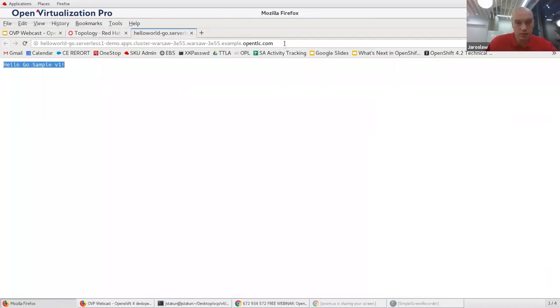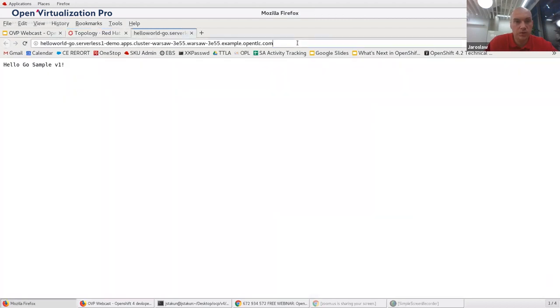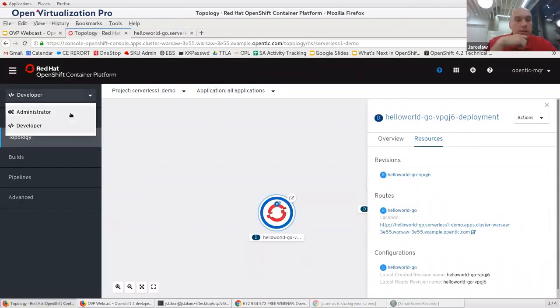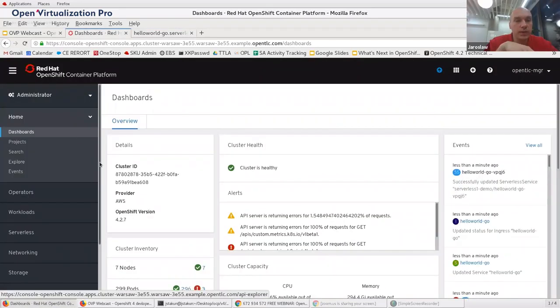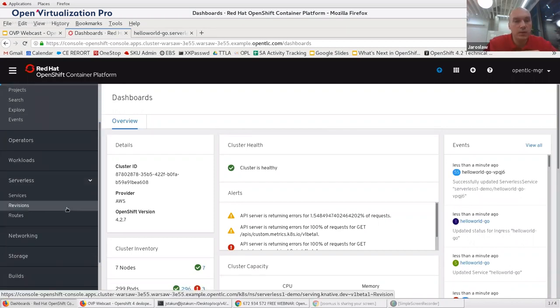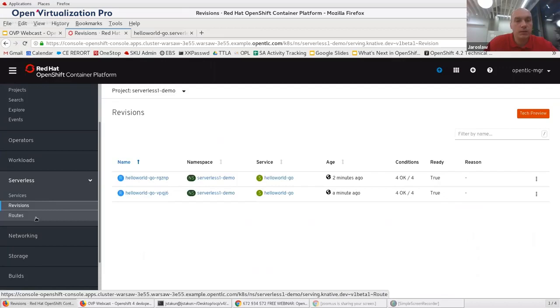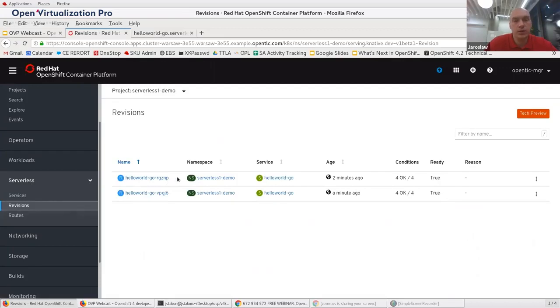We can try to call the route. You can see that still the old version is replying. Okay, now it's starting. So hopefully we'll see. Yeah, version 2 is sending. It is working now. And now let's say we want to simulate the blue-green deployment. So we want to test both versions, the new one and the old one. We can do that because we have 2 revisions, and we can now define a route where those 2 revisions will be called